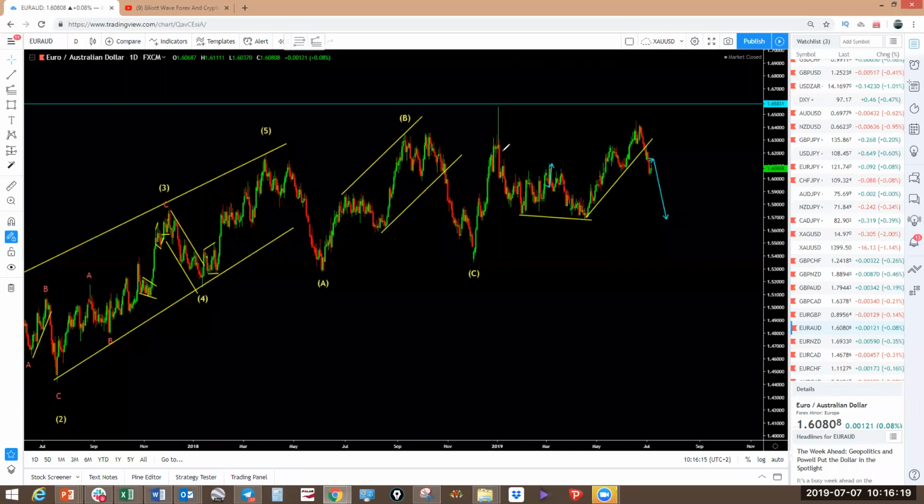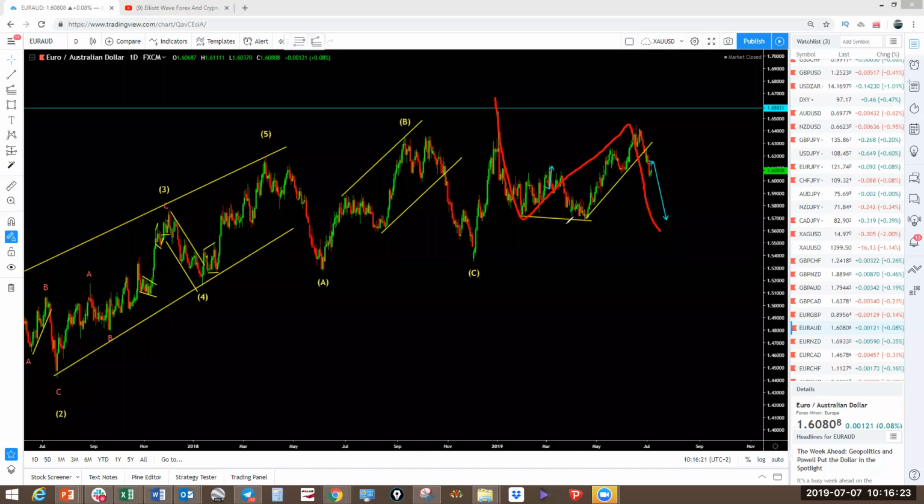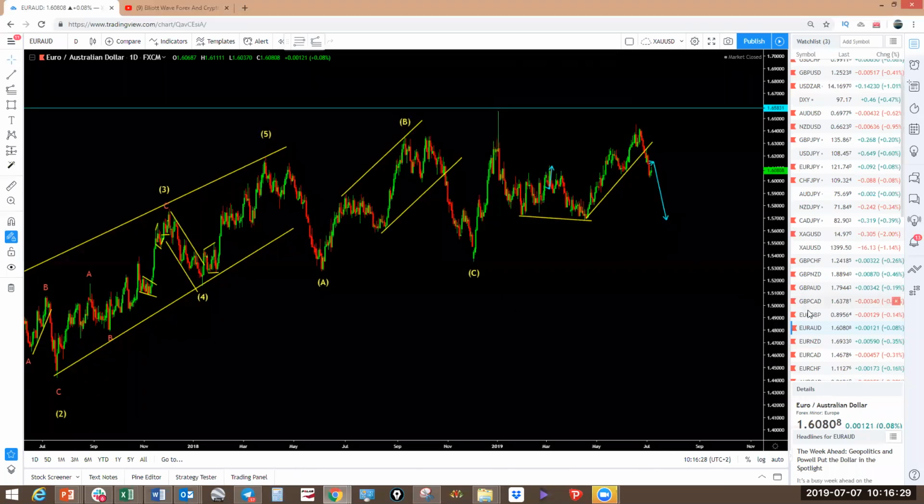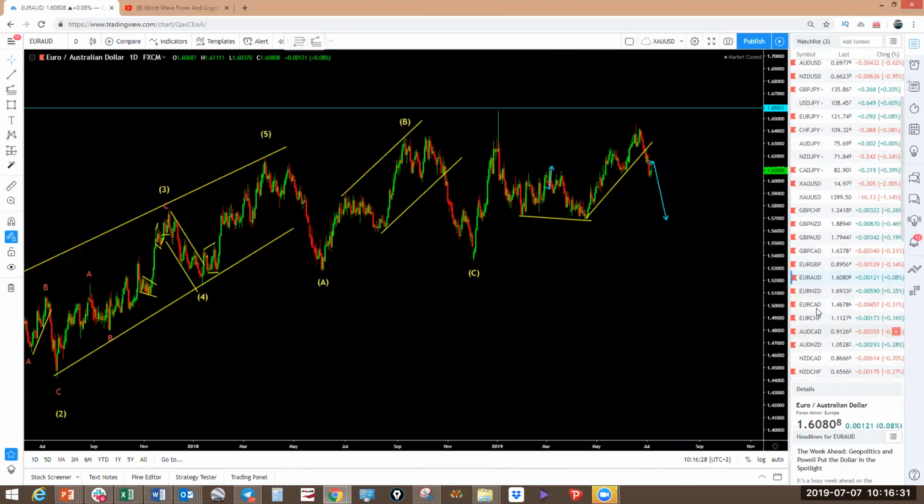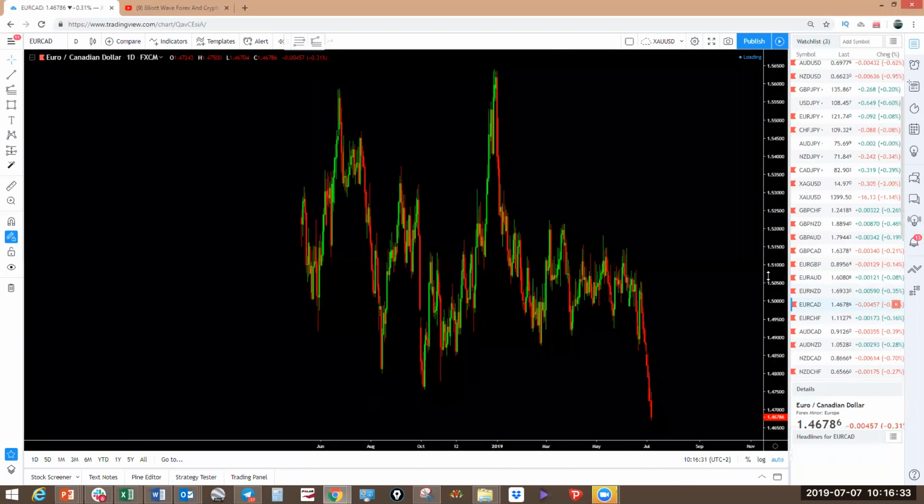You're looking for this to have made a 1, 2, 3 like that. Minimum, we get to this level. Let's see how this plays out. That's all the EURO pairs or EURCAD as well. EURCAD,